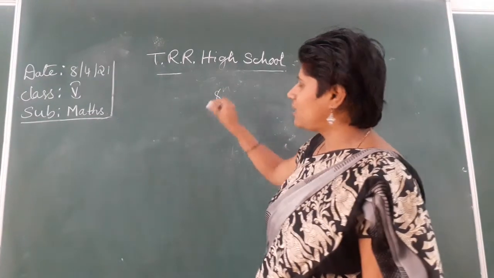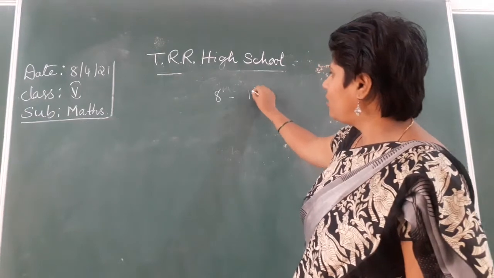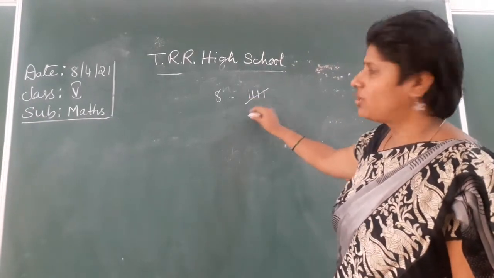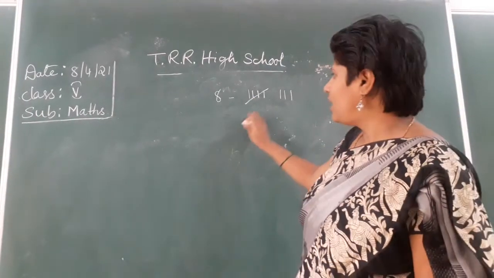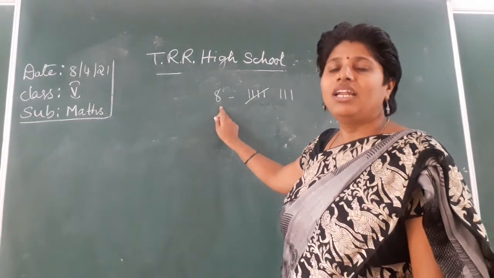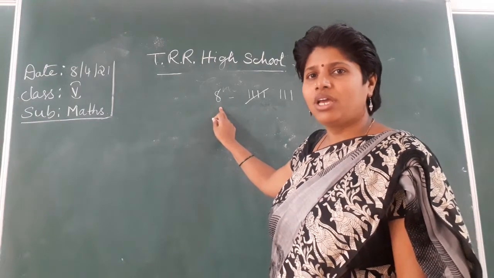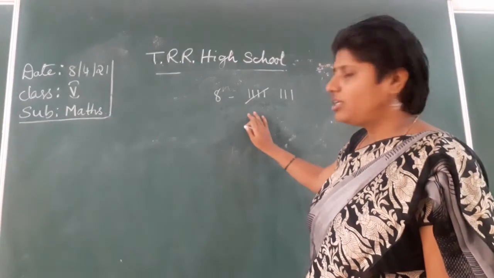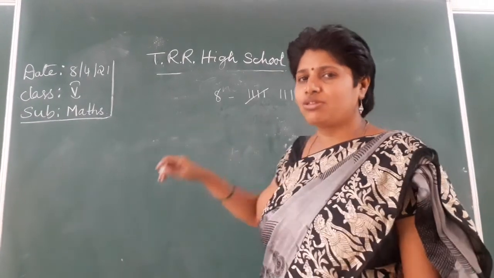Suppose here 8 is there. Now how do we represent this 8 using tally marks? Nothing but 1, 2, 3, 4, and the fifth one you have to cross out. And 6, 7, 8. Like this you have to represent. These are the tally marks, and the number of counts will be your frequency. And representing the data in tabular form using tally marks is nothing but your frequency distribution